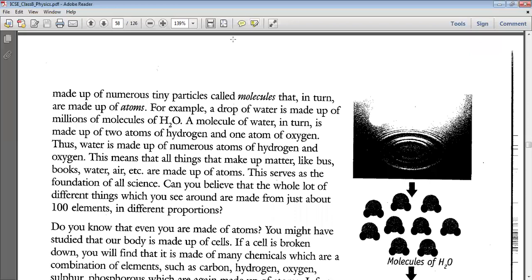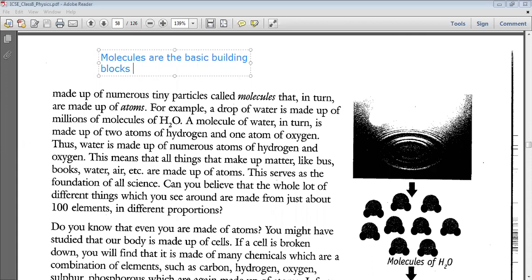So the definition of a molecule, I can write it like this: molecules are the basic building blocks of matter which always exist independently. But atoms may or may not exist